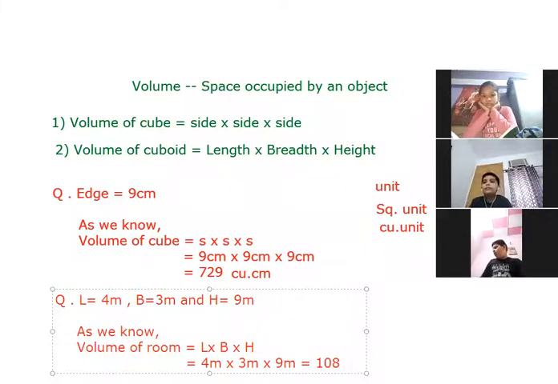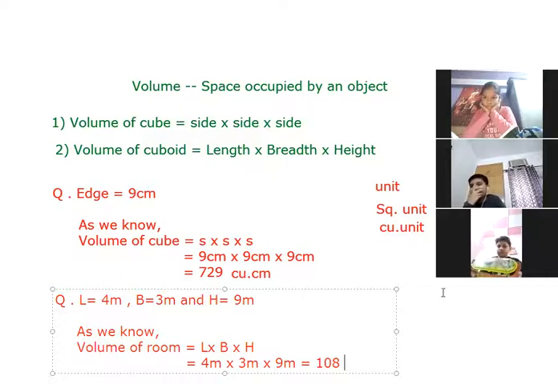Okay, beta. But what about the units? What about the unit? Unit will be, Vedant? Meter. Not only meter. I have just explained how we are going to write the units of volume in case of volume only. 108 meter, not only meter, because 3 times we multiplied meters here. So what are we going to write? In the previous question also, you can check from there. Yes, Vedant? Kilometer.